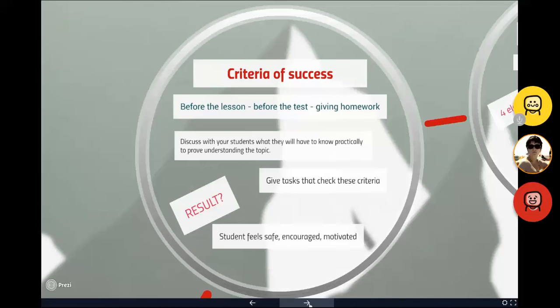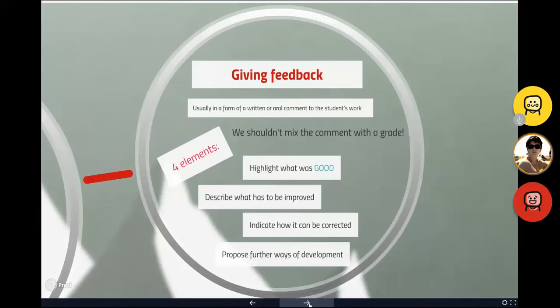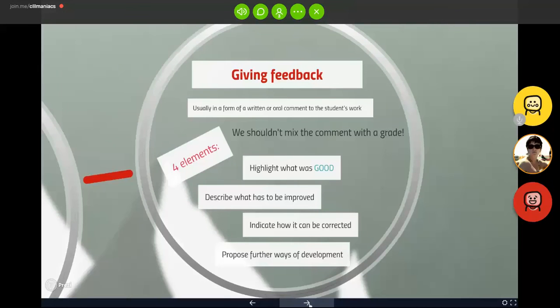In assessment for learning, we have to spend more time analyzing students' work, and we have to give them feedback that would be very informative. So we usually give it in a form of a written or oral comment to the students' work. And the thing is that we shouldn't mix the comment with a grade, because students are used to getting grades and they will rarely read the comment. So it wouldn't make sense, because they would concentrate just on a grade, and there will be no positive influence of